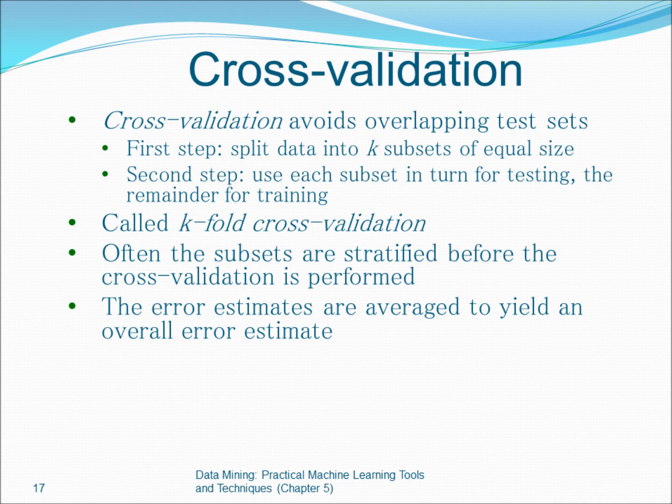And then each time you're going to take 9 pieces to do the training, and the 1 to do the testing. But the next time you're going to take another one of the 10, save it as testing, and use the rest of the 9 to do the training. And then the third time, you're going to take the third reserved one as testing, and the other 9 to do the training. That's one of the most frequently used approaches to deal with lacking of data.